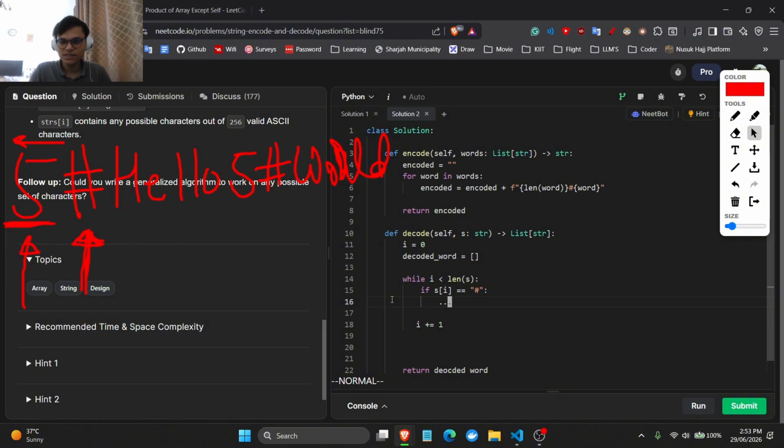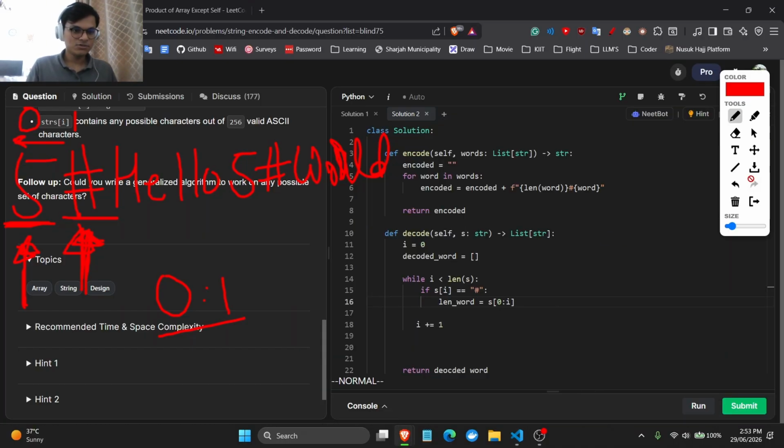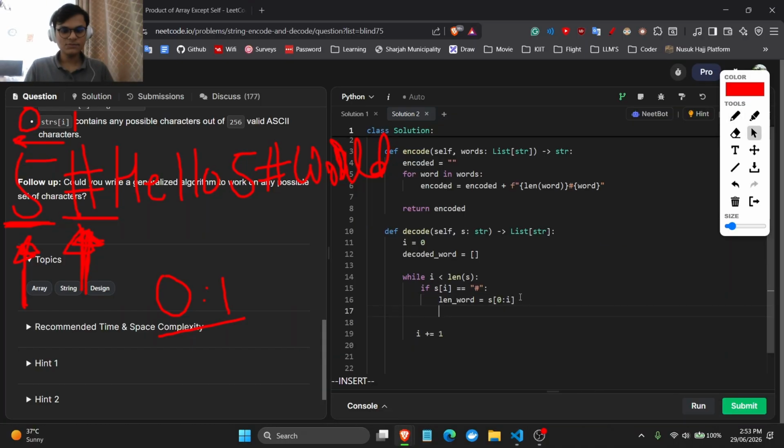but for me that was easy, right? The length, so in a sense, length word is equal to s[0 to i], because now here I is 0, and I is less than length. If s[i] is equal to that, no, it's not, so we forward this, we come over here, is it equal to this? Yes. So now from 0 to I, I'll get 5 as I have figured out over here, right? Here we get 5, so that is our length, right?